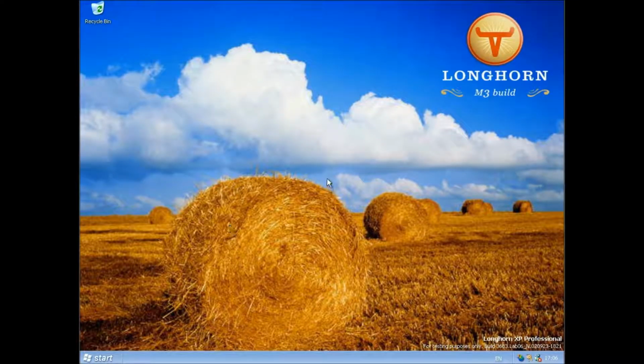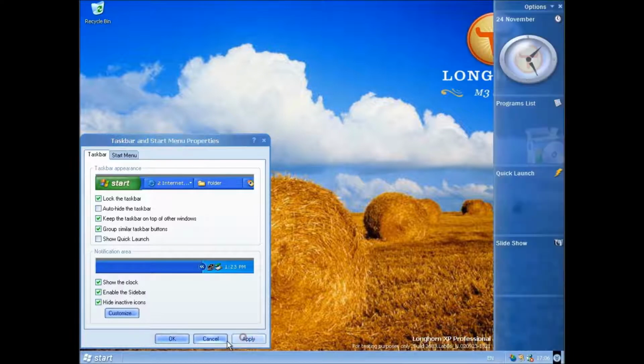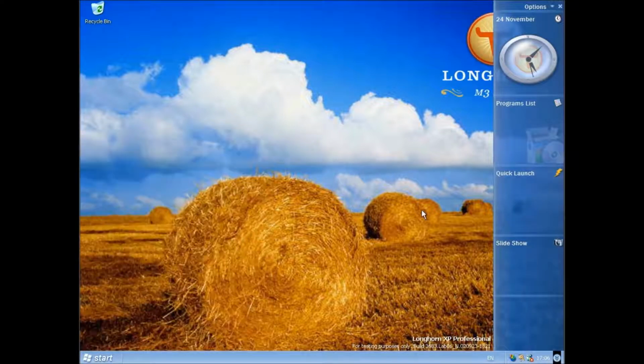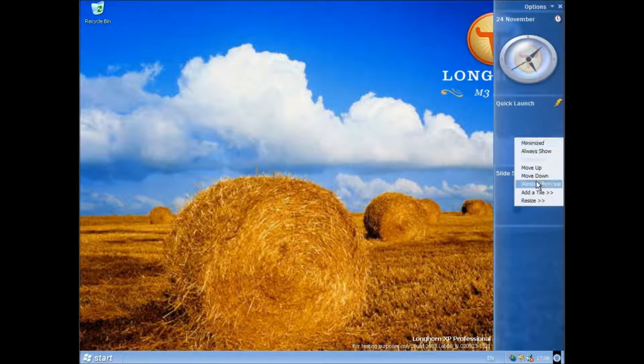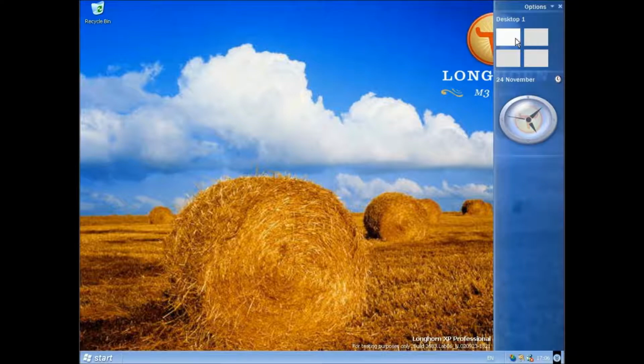So that's all fine and well. But we've also got, if we go down here and go to properties, you can see this thing here called Enable the Sidebar. Now this is the first ever sidebar that was released into any version of Windows, and it was all working well a couple of minutes ago, but now it's not, so not quite sure what's gone wrong there. If I get rid of all of that